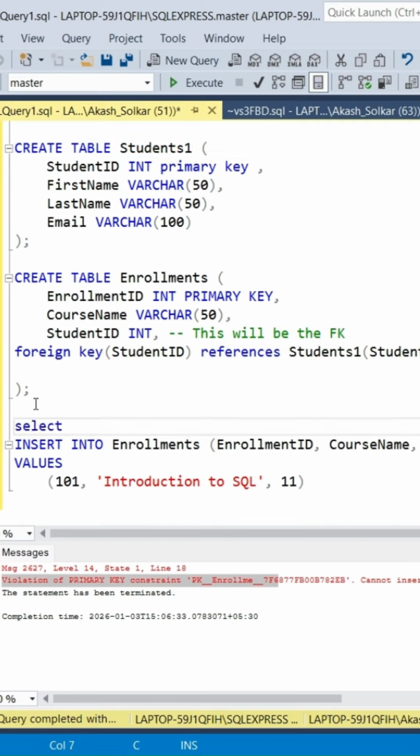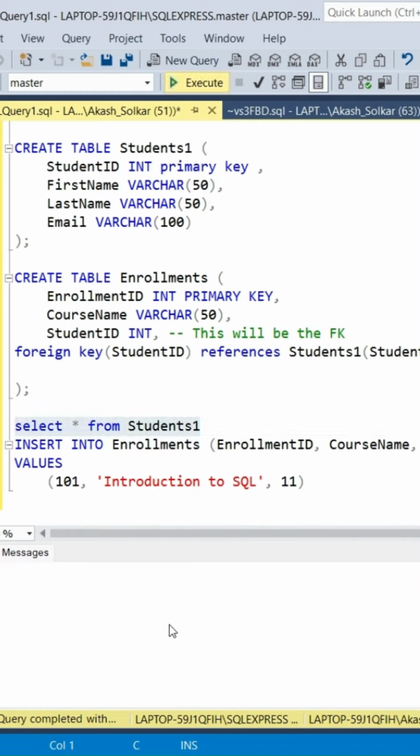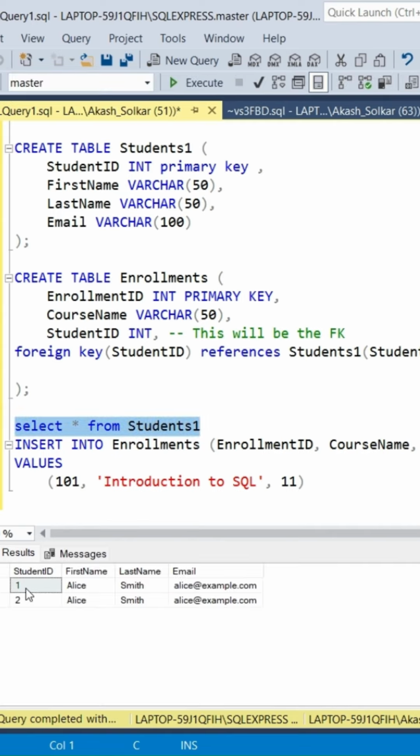Let's see, select star from student1. If you see, only two entries are present in the student1 table, student ID 1 and 2. So if you enter a student ID outside of that, it will give a violation error. Like, you cannot enroll a student ID that we are going